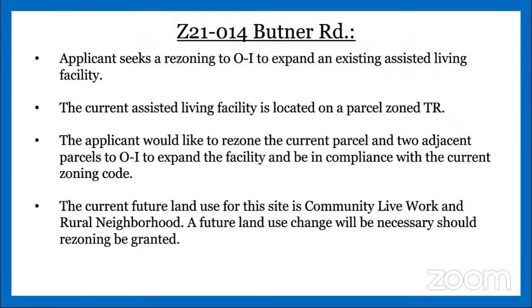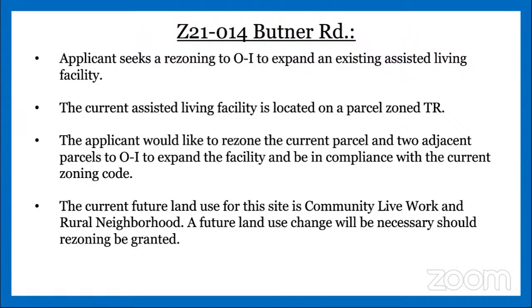had at that time. We received a new updated zoning code that was adopted by our council in December of 2020, and given some best practices and land use changes and how we're organizing our zoning, TR is no longer the right zoning code for assisted living facilities. And the applicant would like to expand their facility some across 2 of the neighboring parcels that they own. And so in order to expand the facility where they already are located, they would like to request